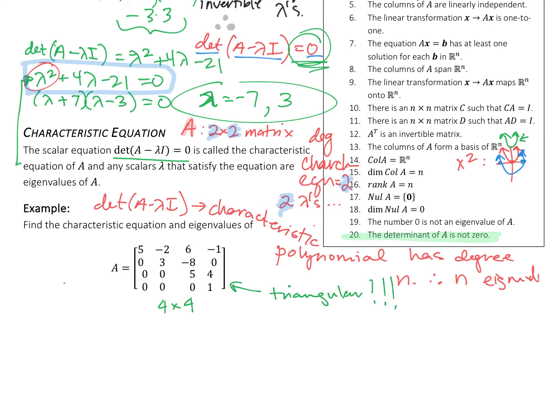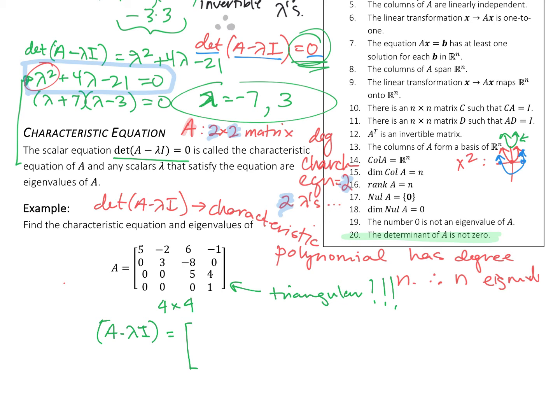Yay, triangular matrices. We love them. They make us very happy, right? So in this triangular matrix, all we need to do is find our A minus lambda I matrix and find the determinant of that. And the determinant of that is just us multiplying what's on the lovely diagonal. Or in other words, we don't really have to do anything. We don't actually have to find the characteristic equation to find the eigenvalues in this, but we're gonna,